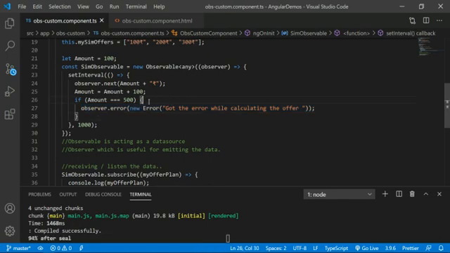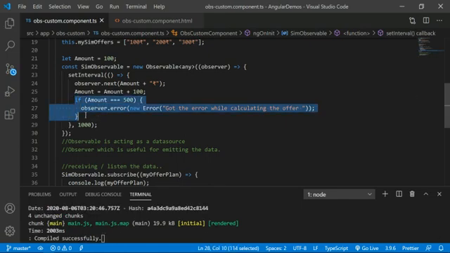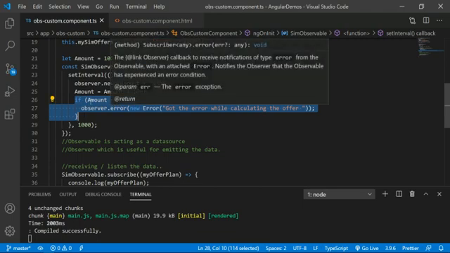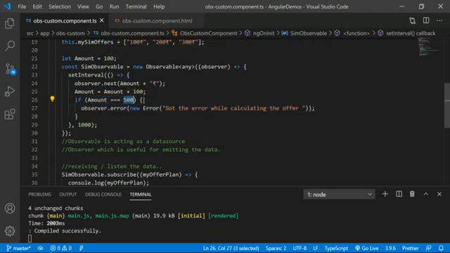Whenever I am getting the error, or when nearing the 500 rupees, I don't want to execute further, because I am having the error near 500. So I can't go again to 600 rupees or 700 rupees, 800 rupees. Let me solve the issue, whatever the error is. Then only I have to proceed to the next step.